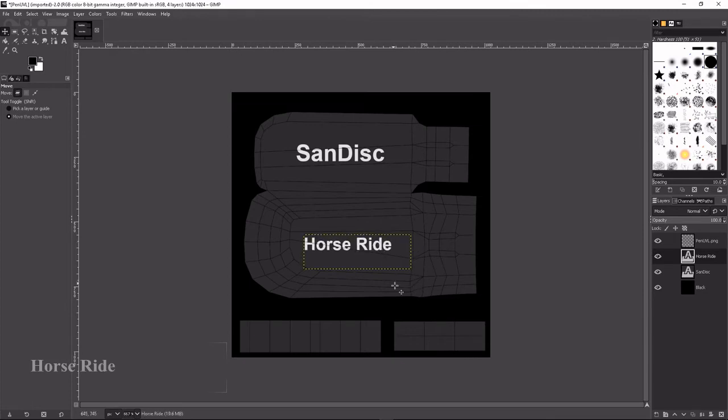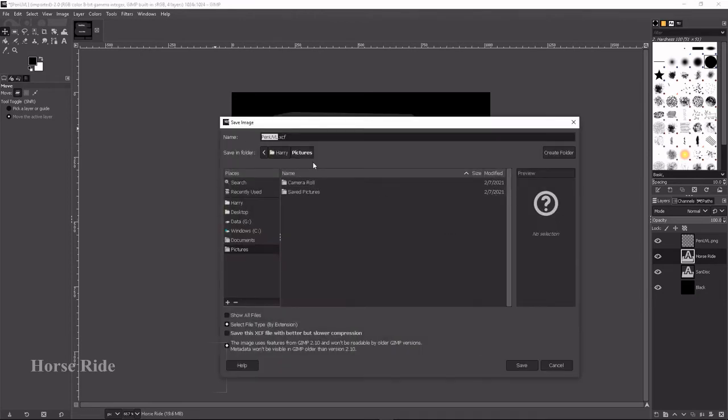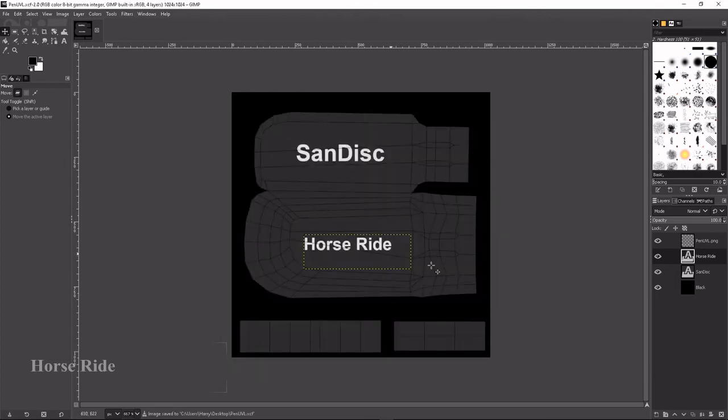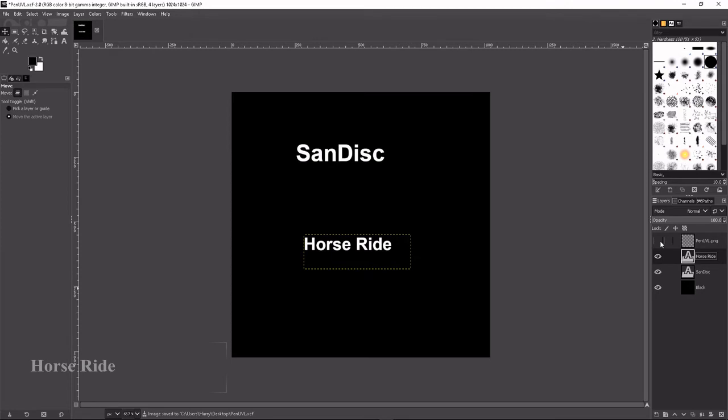Okay, now I have created the two textures which are required for us. While going to the next lesson, you are going to know how it works. So before that, I save the images on the desktop, and I'm going to unselect the layout and save this one in PNG format.